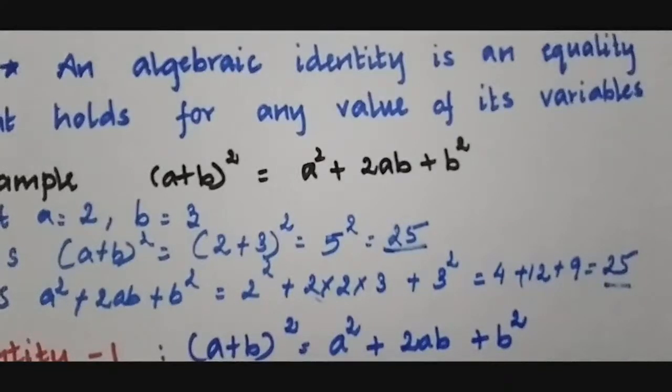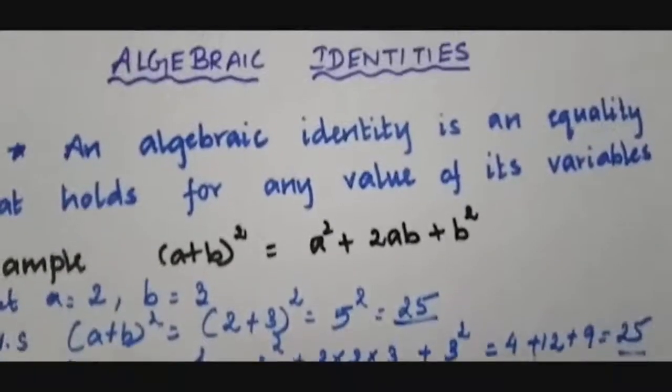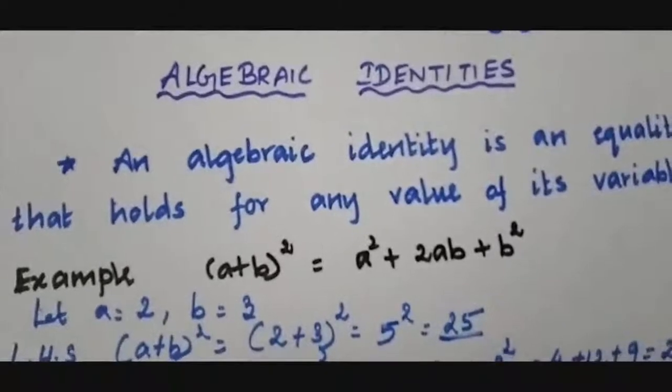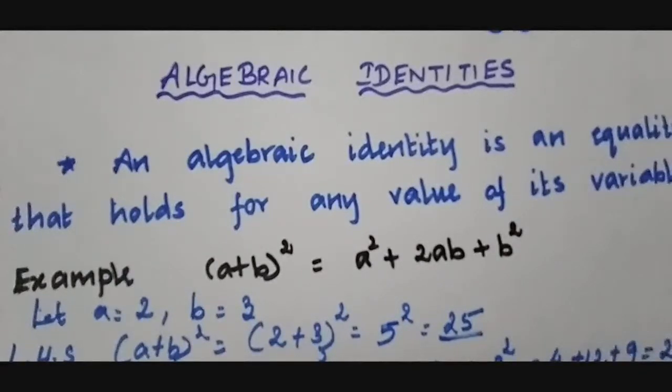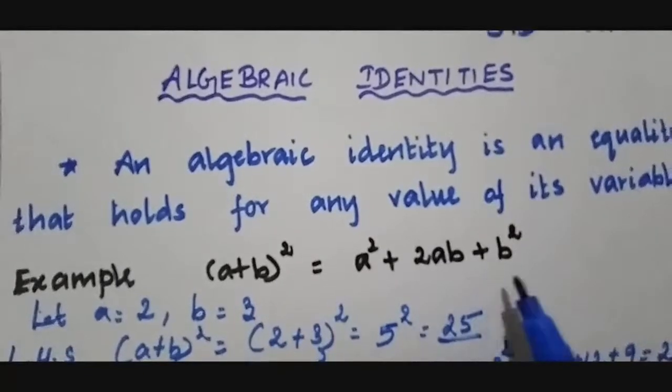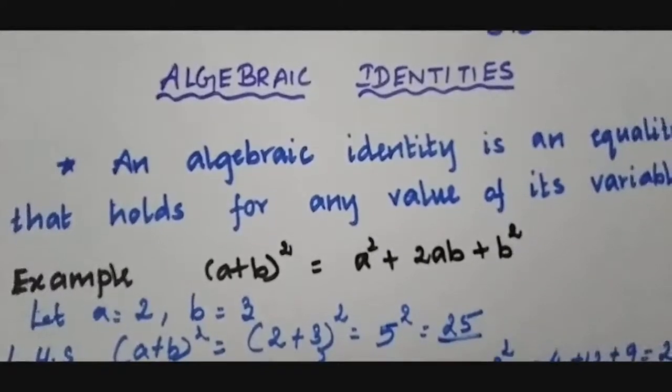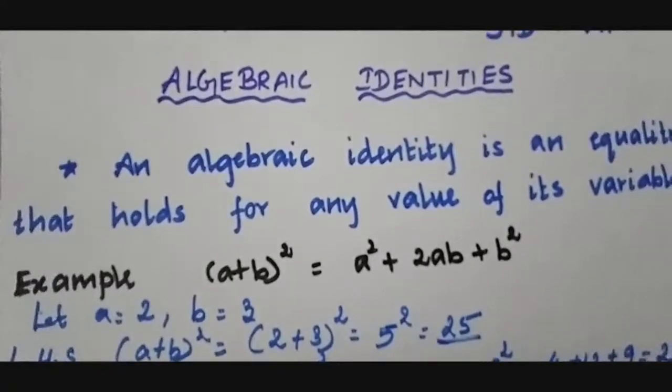That is an identity. Since an identity holds for all values of its variables, it is possible to substitute instances of one side of the equality with the other side of the equality. For example, we can replace any instances of a plus b the whole square with a square plus 2ab plus b square and vice versa. Clever use of identities offers shortcuts to many problems.